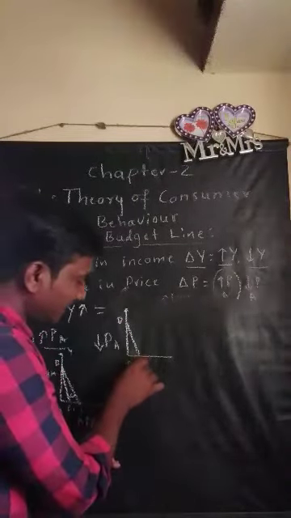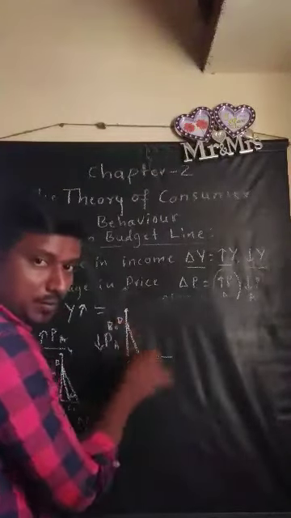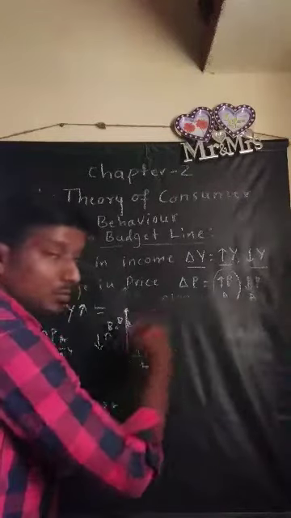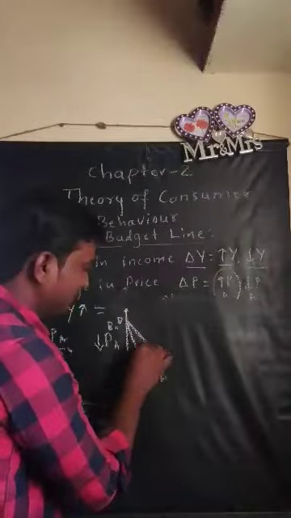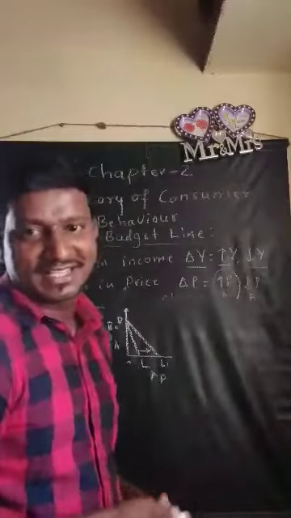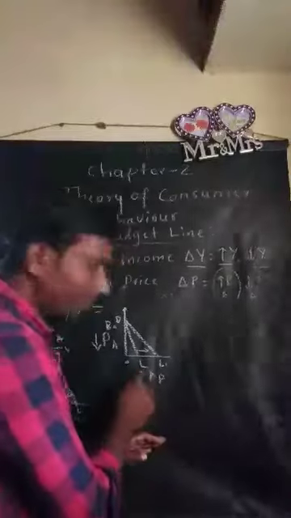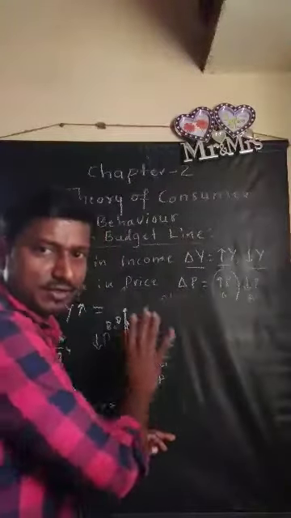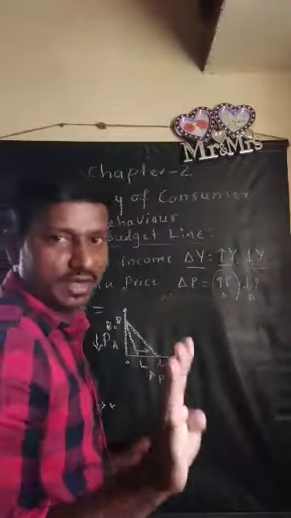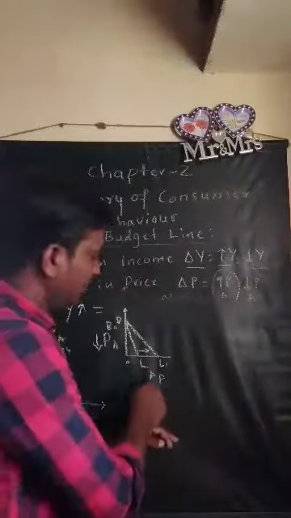Due to the decrease in the price of apple, we purchase more of apple. So as we purchase more of apple, the budget line moves towards the right side. There is a movement in the budget line towards the right, and that is how, due to the decrease in the price of apple, there is a change only in the apple, not in the banana. Banana is the same. There is no change in the price of banana, so there is no effect on the banana quantity. There is only the change in apple